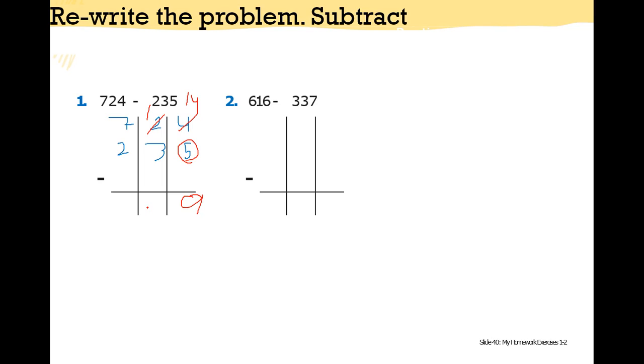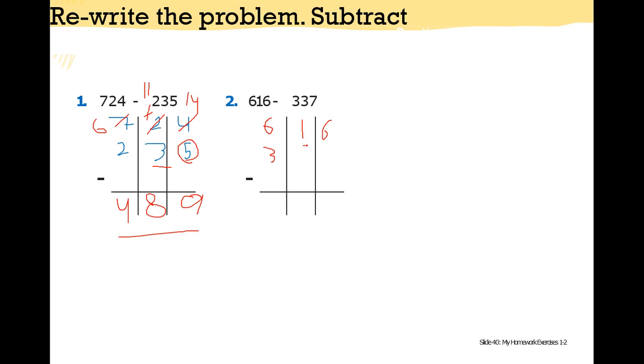1 minus 3, it's not going to work because we have more on the floor. We need to regroup. We need to move to the next door. We're going to cross 7 to become 6 and 1 to become 11. 11 minus 3 equals 9. 6 minus 2 equals 4. The answer is 489. Question number 2, 616